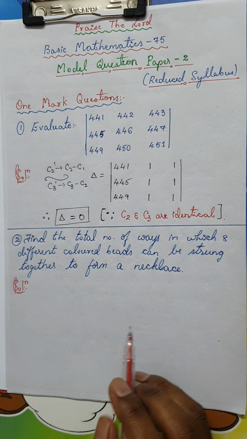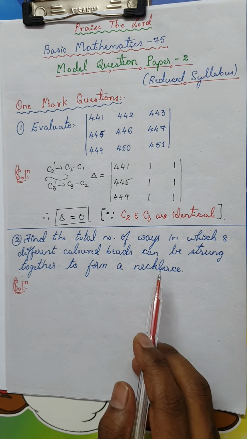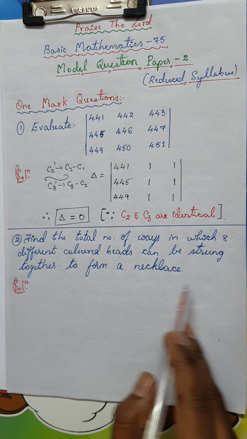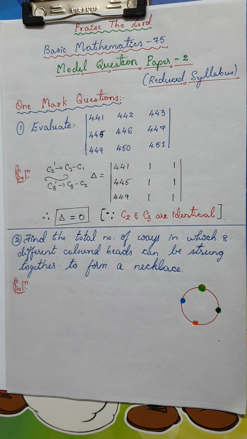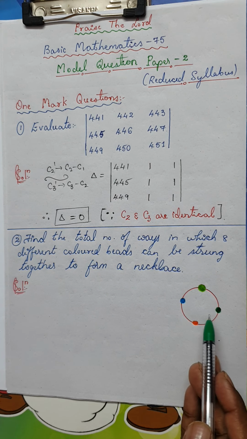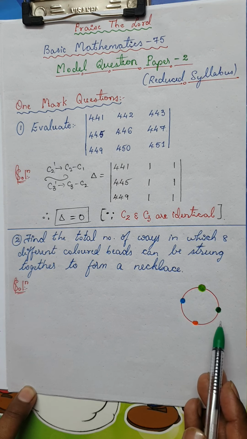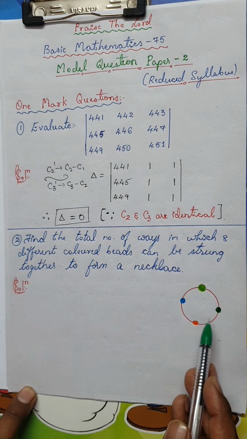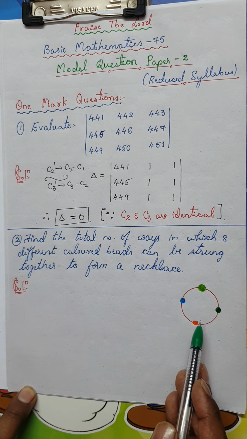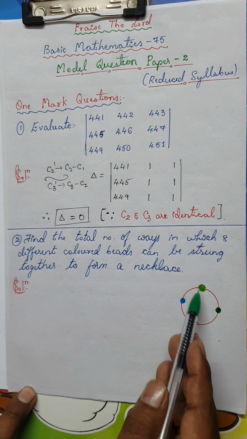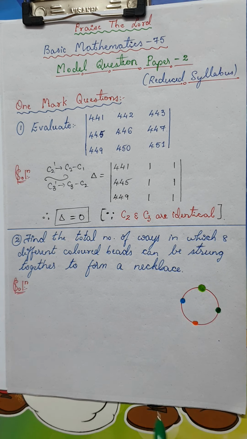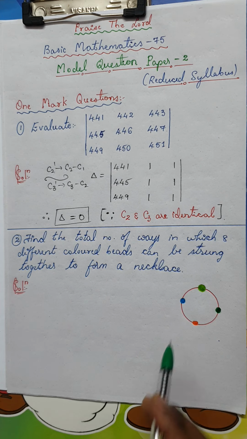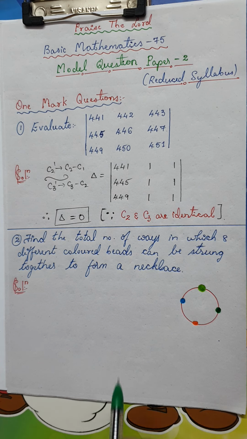The reason is that arranging people around a round table is different from colored beads. Just consider this a circular permutation, with just 4 different beads for your understanding, though you have to take 8 different colored beads. Here you cannot distinguish between clockwise and anti-clockwise directions. Since clockwise and anti-clockwise are not distinguishable, the circular permutation would be